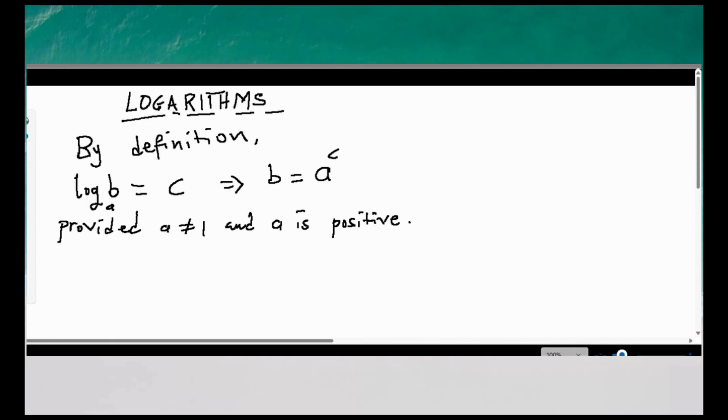Log b base a gave us c, so the base a raised to the power of our result c is equal to b,